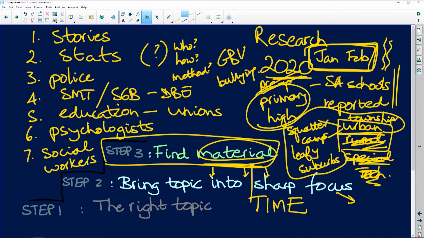Then you go out and look for material. What if you find nothing? So we come back to this. What if there's nothing in January and February because by then the coronavirus was dominating everything? So you say, okay, I'll go back to May to December of 2019. I'll widen my scope and see what I can find. But this takes time, and finding the material takes time. You've got to be prepared to put in that time.